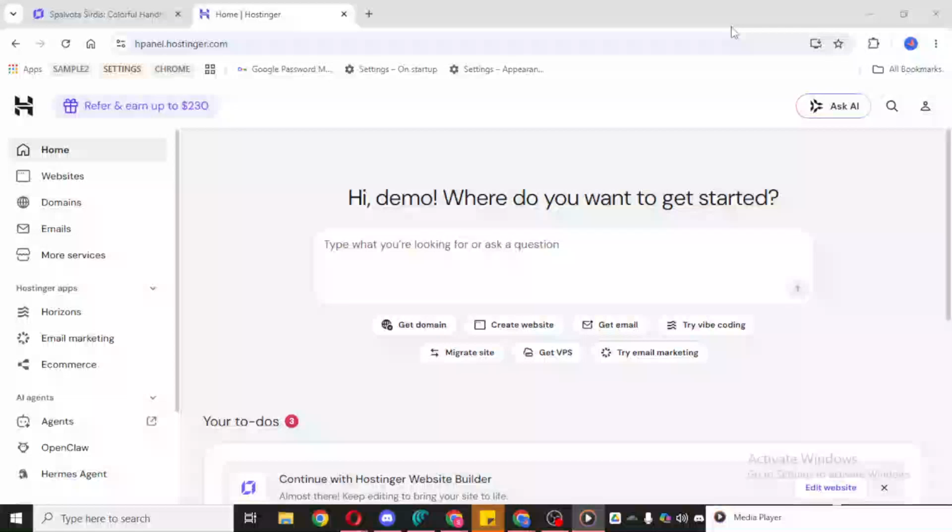In today's video, I'm going to teach you how to transfer a domain from Hostinger to GoDaddy if you're moving your domain from one registrar to another. The process is usually straightforward, but it helps to know exactly where to click and what to expect. In this walkthrough, I'll guide you through the transfer process from the Hostinger side so you can get everything started smoothly and then continue with the prompts shown on your screen.